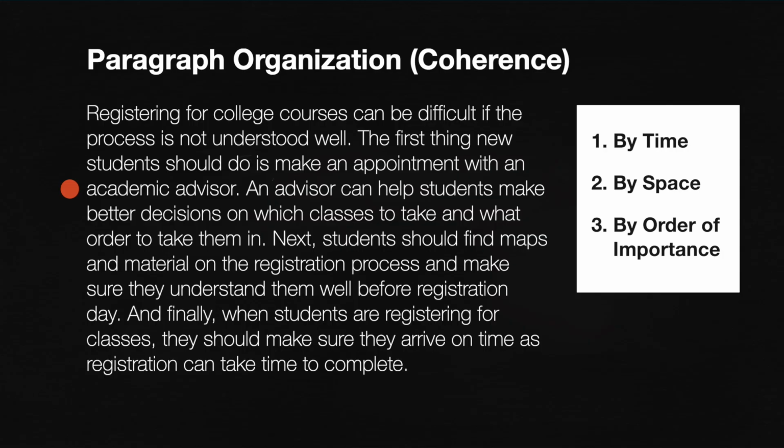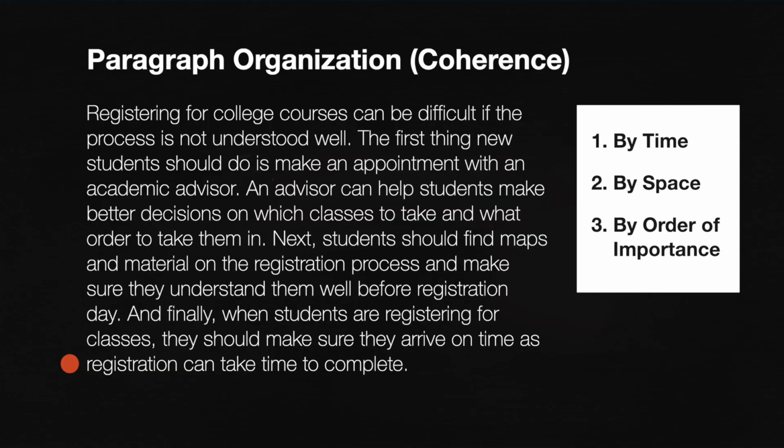An advisor can help students make better decisions on which classes to take and what order to take them in. Next, students should find maps and material on the registration process and make sure they understand them well before registration day. And finally, when students are registering for classes, they should make sure they arrive on time, as registration can